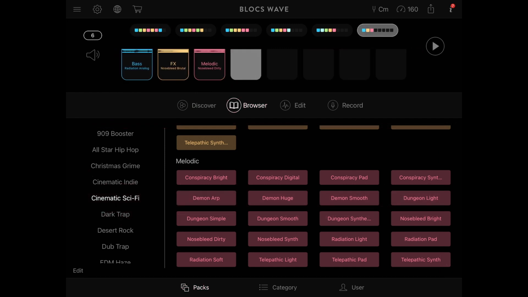So for instance, in this one, I've only got 3 samples. There's a bass, an effects and a melodic, and even though it's at the end, that's actually going to be the start of the track. So let's say for instance I play that,